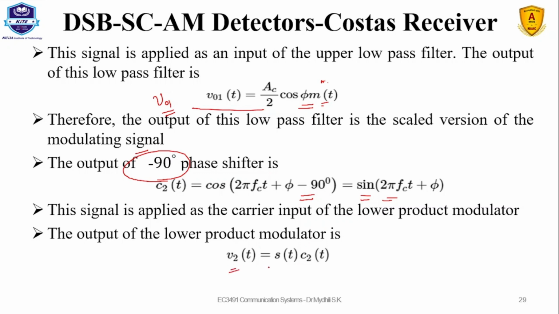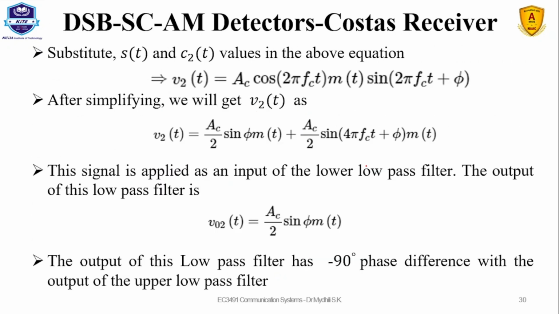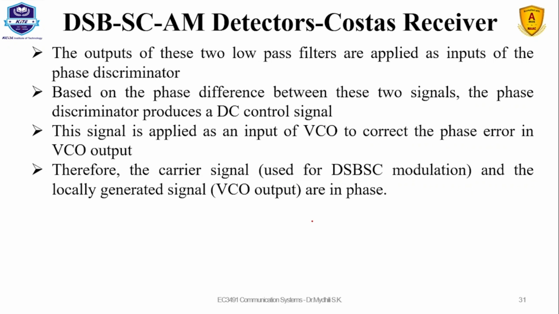So V2 of t is nothing but S of t into C2 of t, whereas C2 of t is nothing but sine of 2 pi fct plus phi. Now solving the same with respect to the product modulator, substituting, we will get two terms with respect to m of t. Again this is the scaled output. We need only the message signal, so it is passed through the low pass filter, and the message signal is obtained as the output. So this is about the